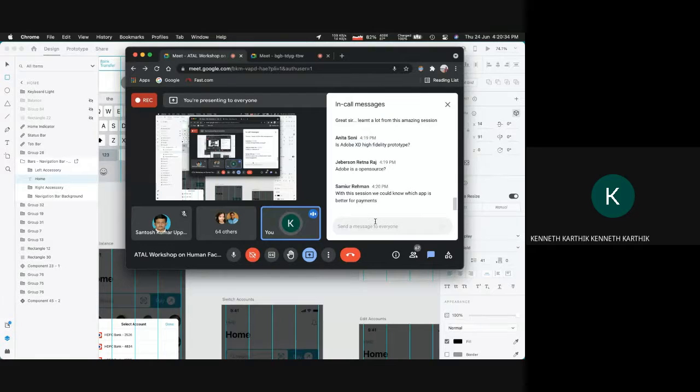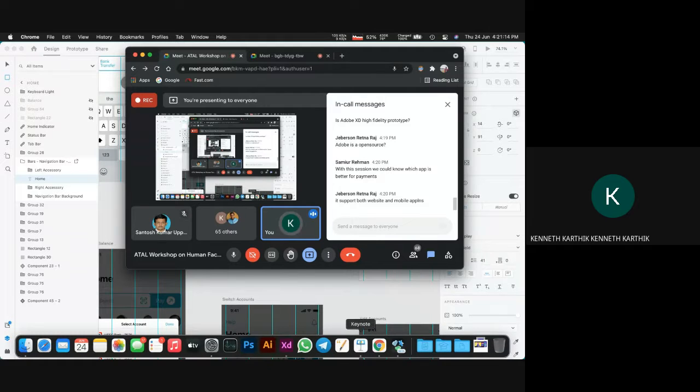This session we could know which app is better for payment. Yeah, that's true. But I don't know how it is now. I should probably update this for modern tools. I don't know how they made the changes. I need to do an analysis again. But they've improved a lot now, I've noticed, except Google Pay. I still hate Google Pay. It's become laggy and slow, and they've added more bloatware to it. I'm still not a fan of Google Pay, but things like PhonePe and even Paytm have improved a lot since this presentation.